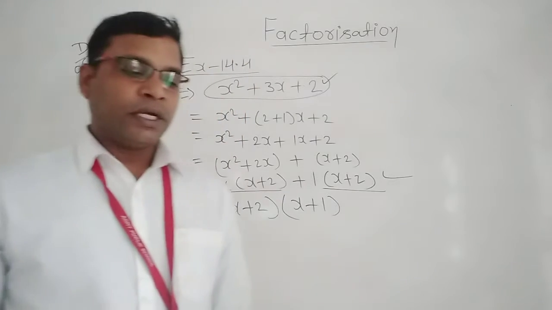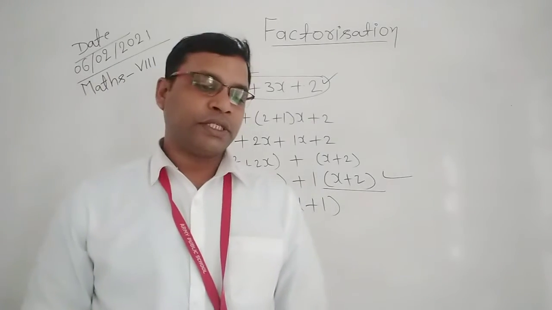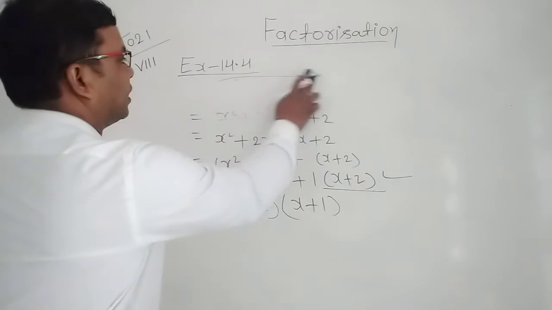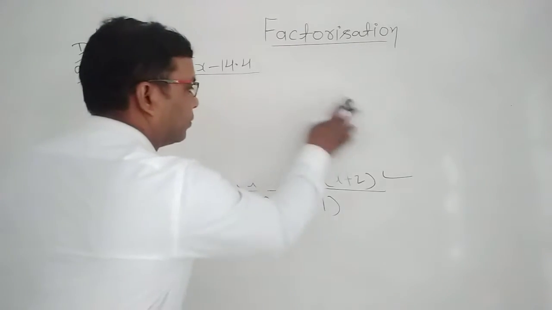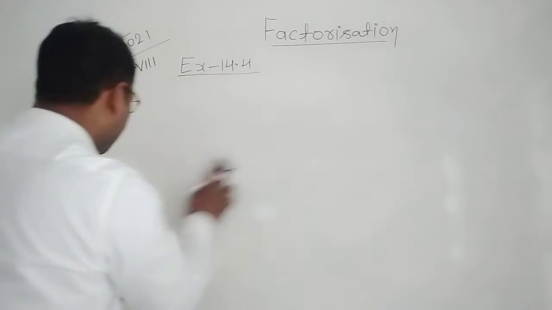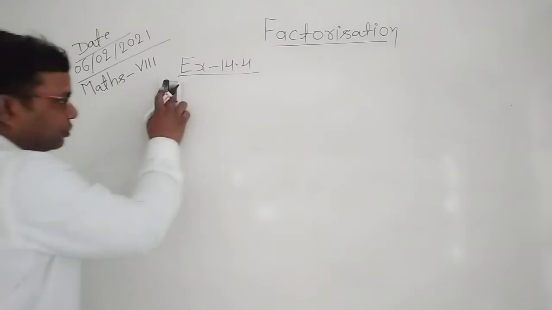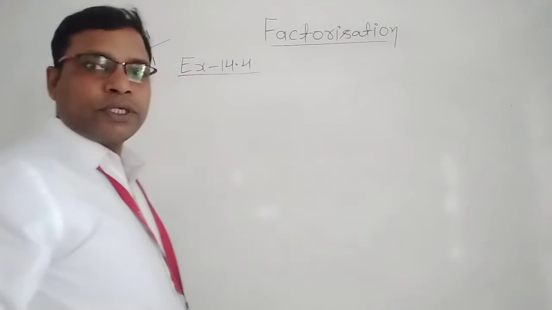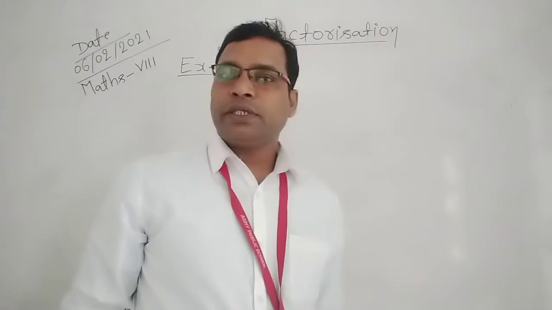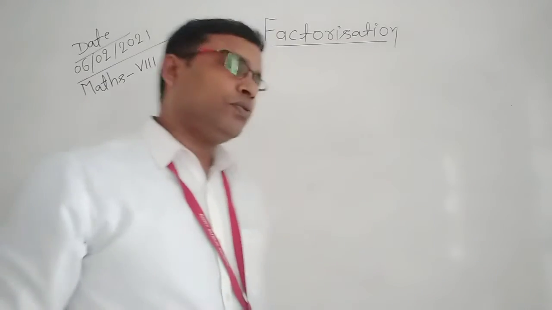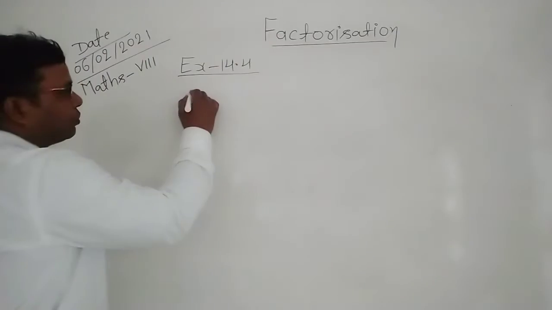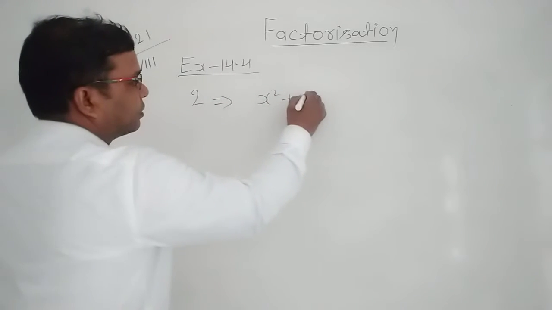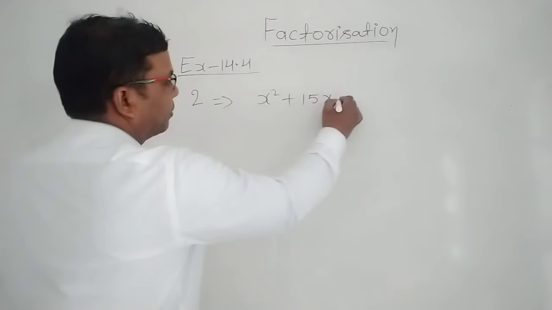The next question is x square plus 15x plus 36. Okay. Now let's see question number two of this exercise. Okay. In this question, we use the fourth identity, x plus a into x plus b, which is equal to x square plus a plus b into x plus a into b. Okay. So question number 2, this is given, x square plus 15x plus